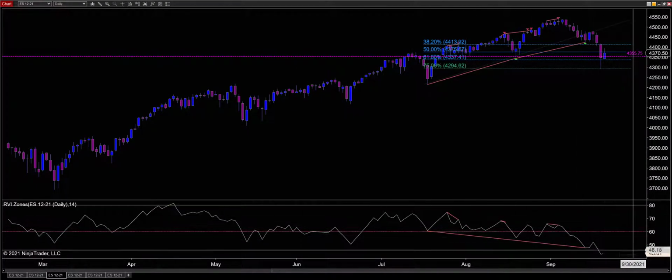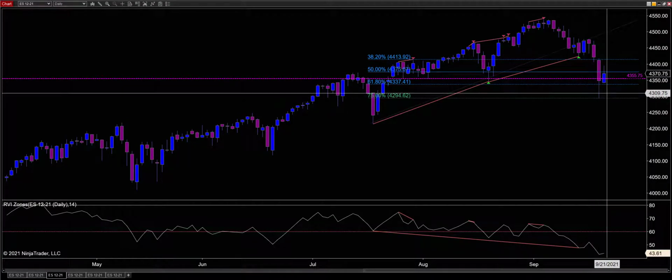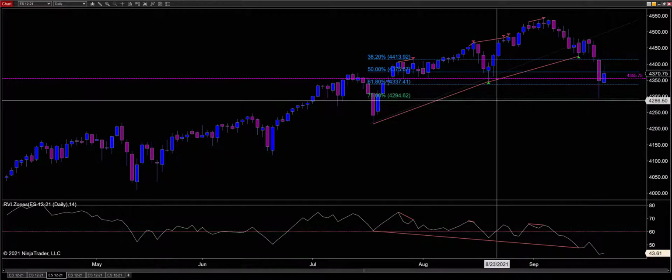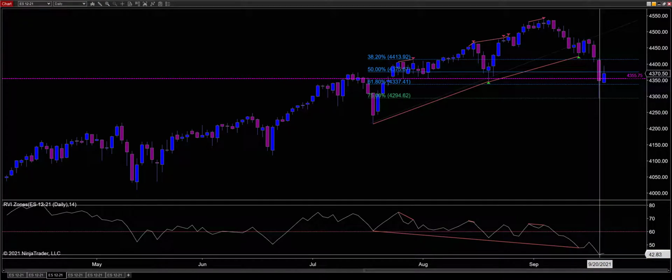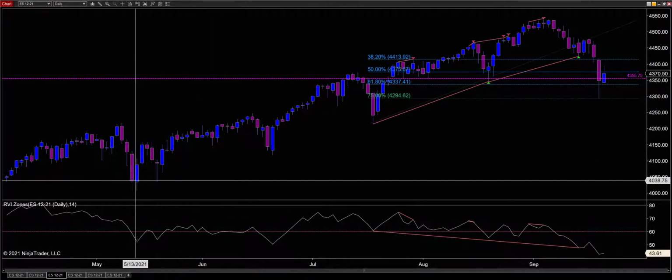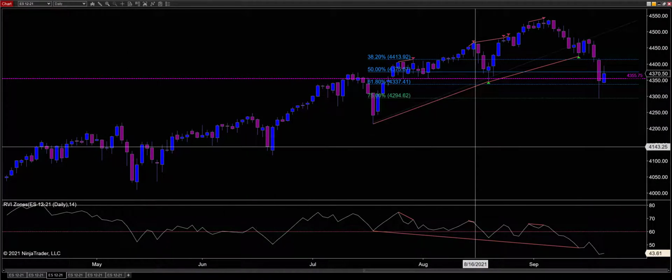Going to our daily chart here. The daily chart has no indications of a bullish divergence from the lows, unless, of course, you go all the way back to all these previous lows and make the argument that we do have a much lower low on RVI right now, but compared to all these previous lows, we are much higher up. So there is that argument, but